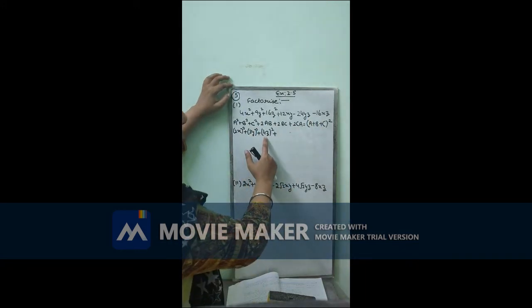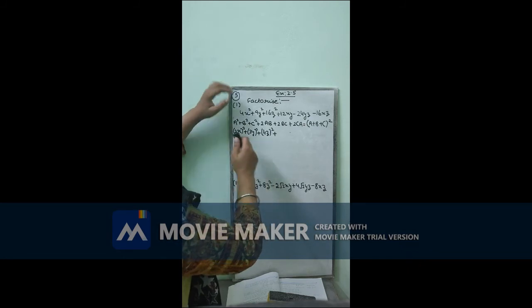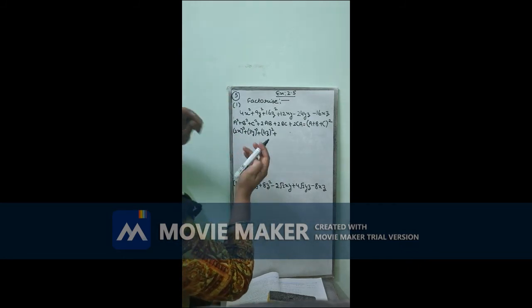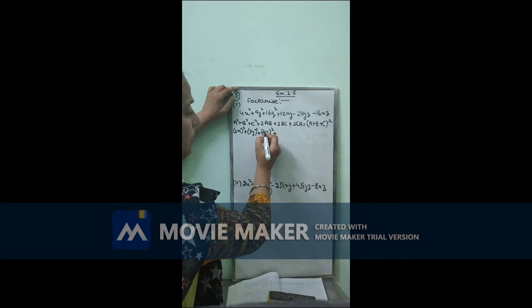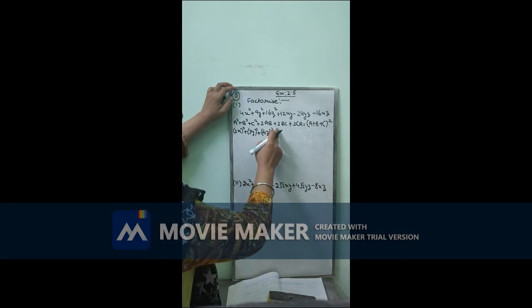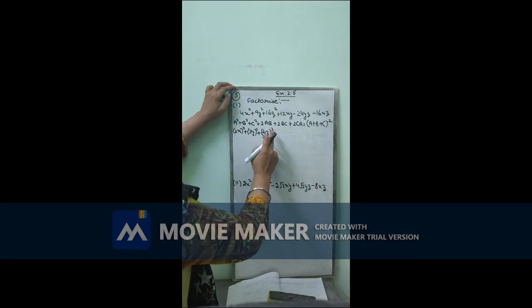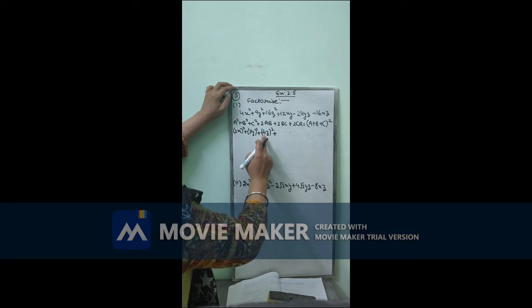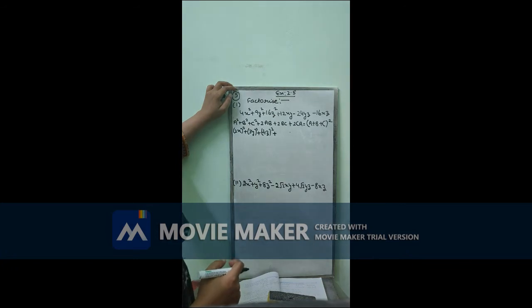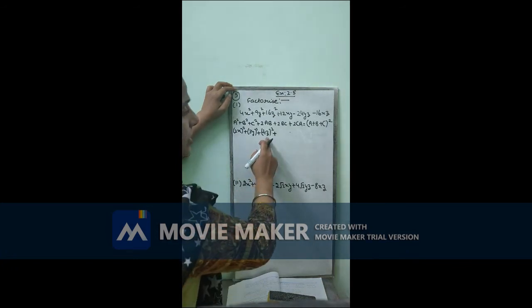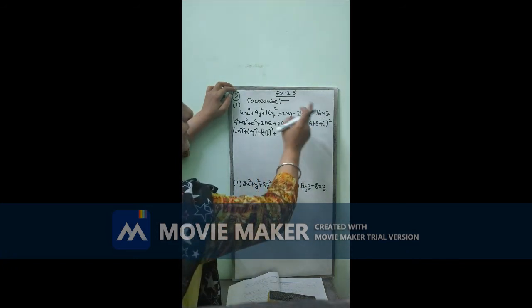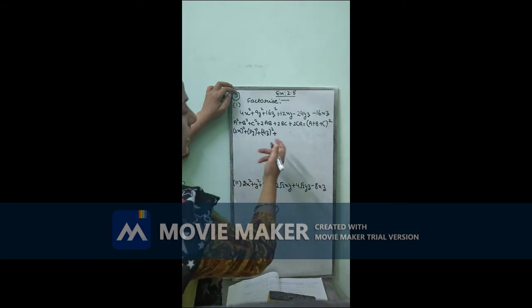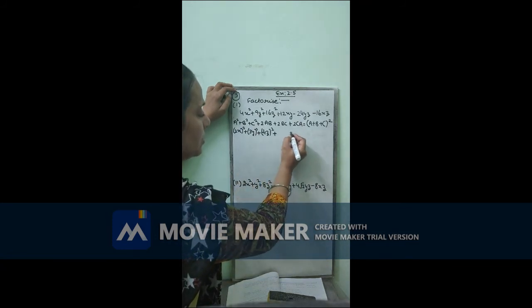Which term is having Z? 4Z. So this term is negative. Now it is clear to you, this term is negative. This is minus 4Z whole square. Clear? We cannot tell from the square itself because minus square is plus, so that minus is vanished. It can be judged from these two terms that 4z is negative. Now come to further terms.